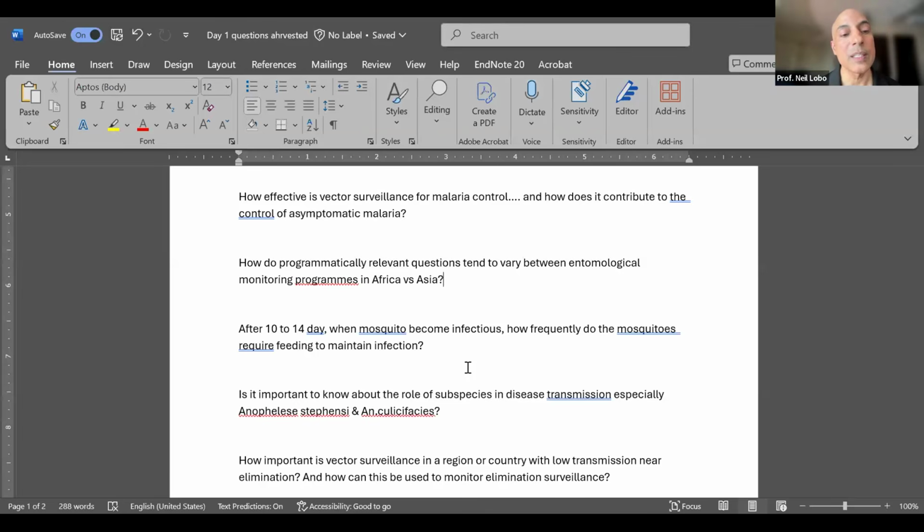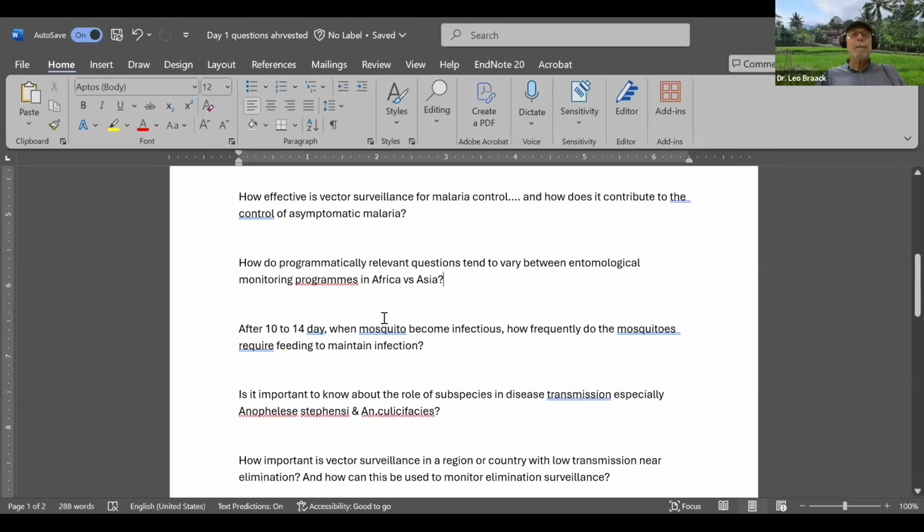And in Asia, since bed nets and IRS don't function as well because of mosquito behaviors, a lot of questions might be focused on alternative interventions and what else we can do. And countries like Malaysia, for example, are implementing so many innovative things that are really successful in a lot of ways as well. So they ask different questions. I hope I answered that question okay.